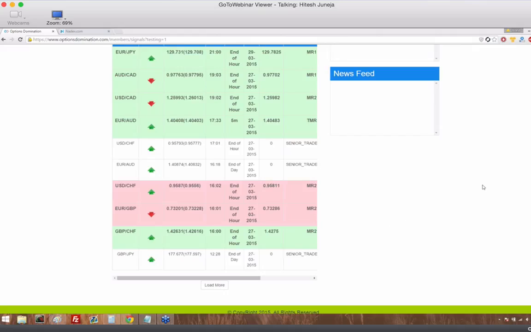We have a new signal stream coming out for 1-minute trades. We have another signal stream coming out for 15-minute trades. We have a news feed being released, so you can use that for market news trading. We have the app that was just submitted for approval, and as soon as the approvals are out, we'll have the app sent out to all of you.